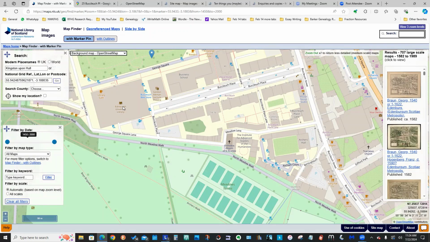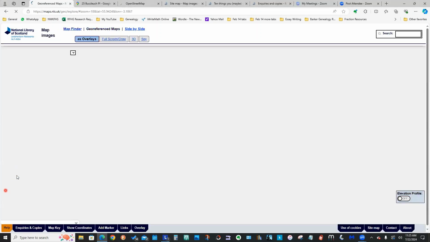What I found really interesting was using Geo-referenced Maps. So you notice we've got that marker pin. We've got outlines, which I showed you. We've also got these two up here, Geo-referenced and side by side. So let's look first at Geo-referenced. So if I click Geo-referenced Maps,